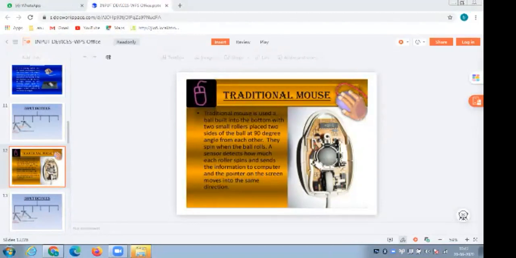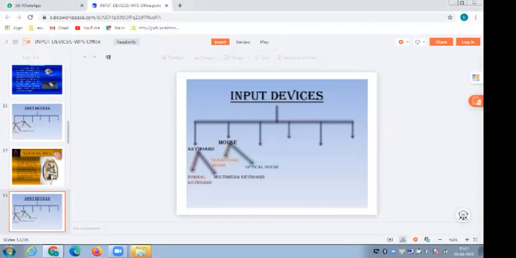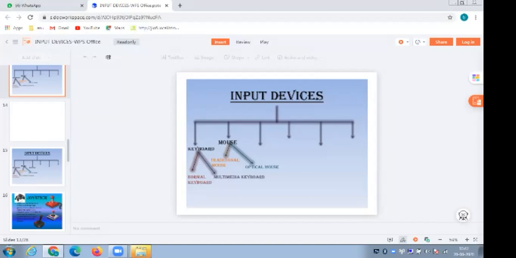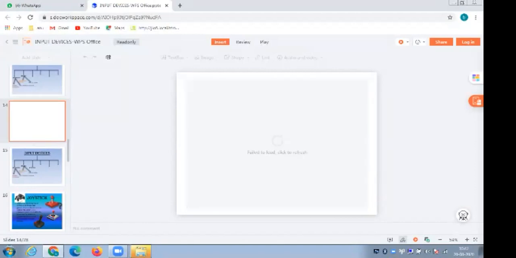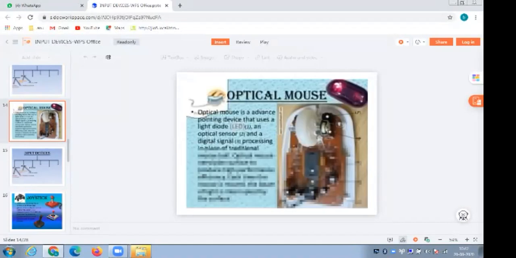Now coming to the second type of mouse, which is nothing but the optical mouse. Here the diagram is not clearly uploaded. Yes, this is an optical mouse.